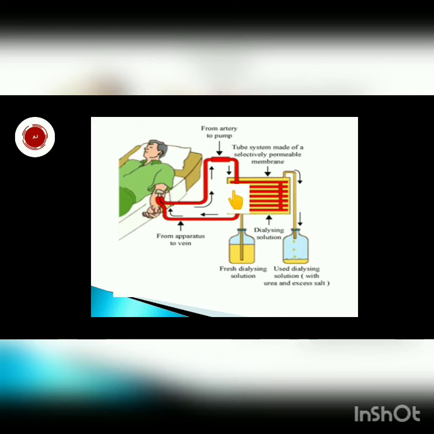Inside the tank there are tubes, and these tubes are made of semi-permeable membrane through which liquid can pass. This tube remains suspended in a tank, and this tank has a fluid which we call dialysis fluid, which has the same